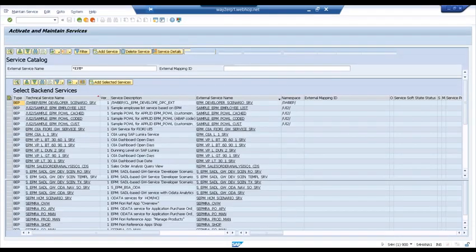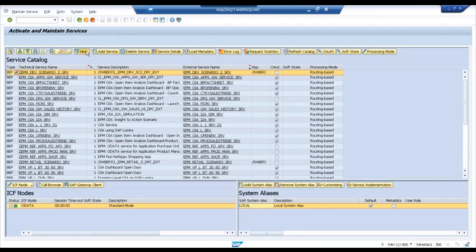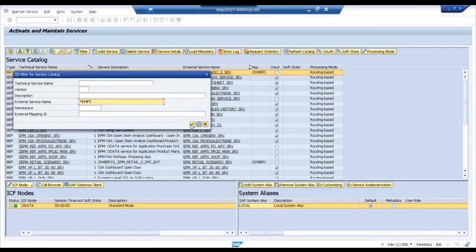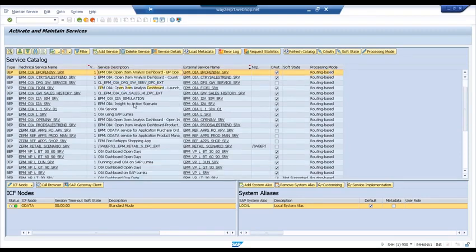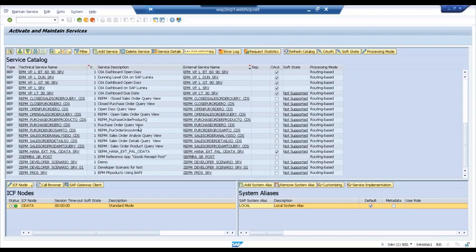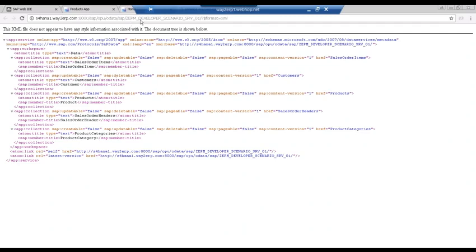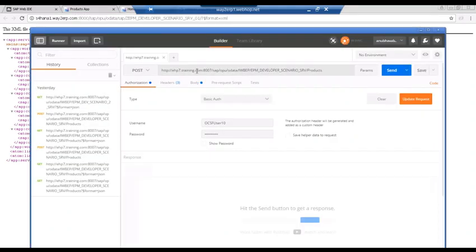So it's done now. Let's come back and again apply the filter based on EPM to find the service over here. And let's scroll down to see where it is registered. Here it is. You can see ZEPM developer scenario service 1 _ 01. Now click on call browser to just launch the service metadata. Yes, it's loaded. Now I'm going to use the same thing to actually make a call from my Postman plugin. So let's come to Postman plugin and do a get request one more time